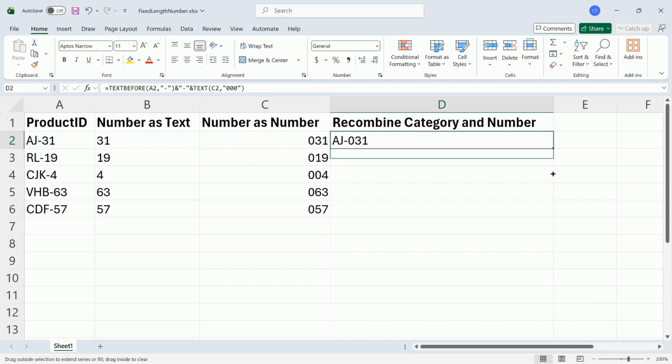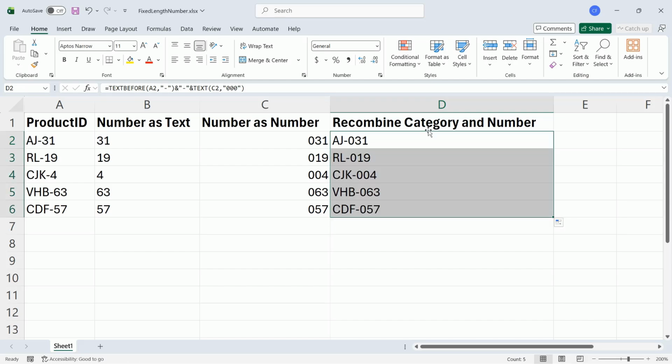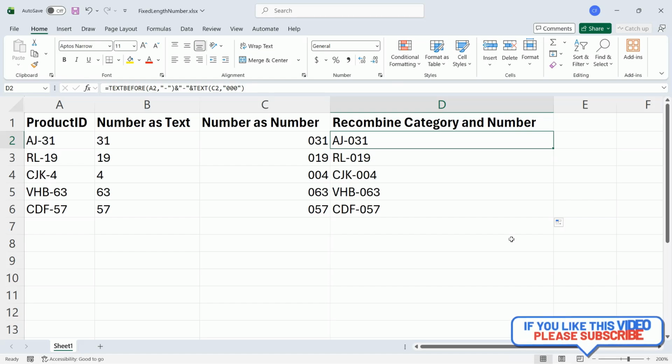And if I click D2 and copy down to D6 using the fill handle, then I have exactly what I was asked to do. I have the product code, followed by a hyphen and a 3-digit number. There's a lot of things that you can do with the text function, and I will cover them in future movies. But for now, I hope that you can take this trick and look up the text function on your own and see what you can do with it